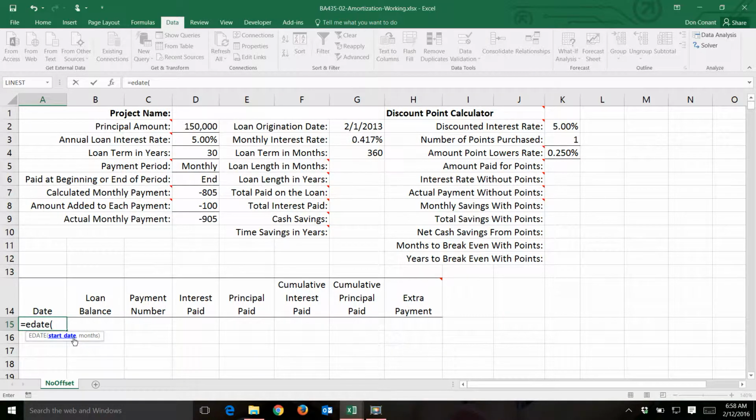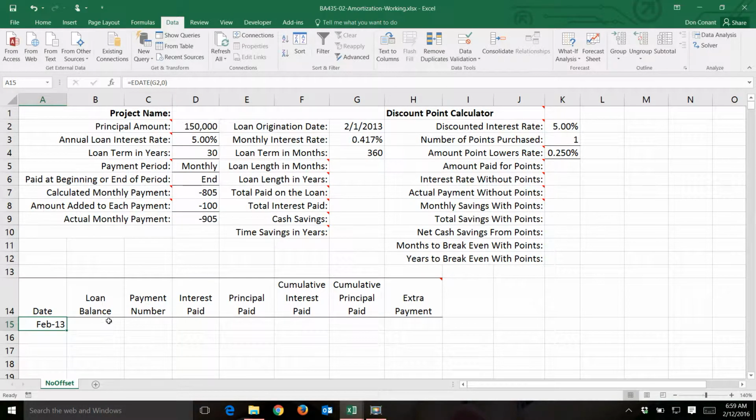And I'll start here with G2. It's going to be different, so I don't have to use an absolute or relative cell reference. I'll just leave it relative. I'm not going to copy this anywhere, and I'm not going to advance it by any month. So I'm just going to take the loan origination month, and I'm going to put that month in there. I have this field formatted to show the month, the first three characters of the month, and the last two